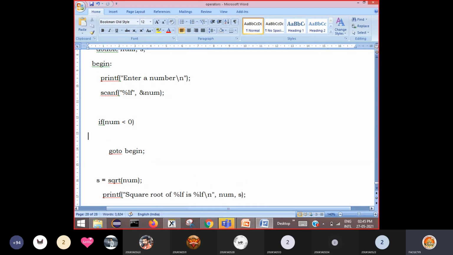Now you want to execute one more statement. In such a case, two statements you want to execute now. You should write an open brace here and you can write a printf statement like this. You can just print a message here, invalid input, then give a new line here, close.